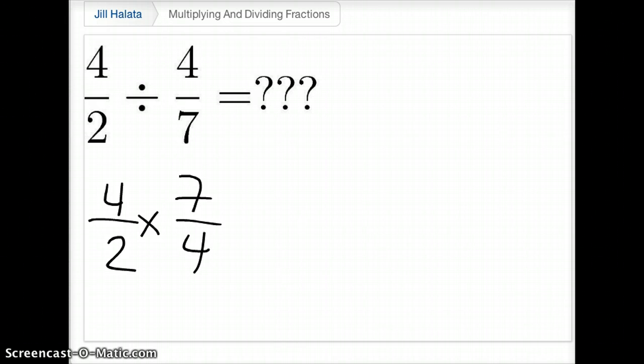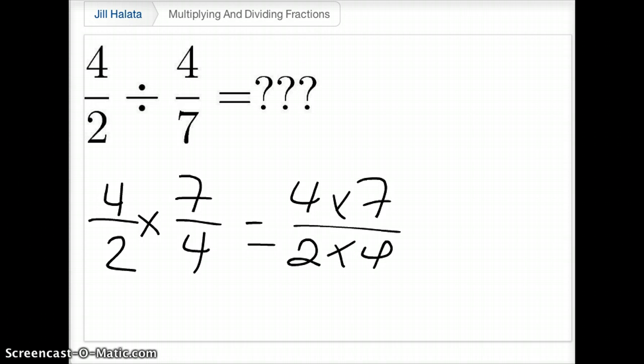You don't touch the first one, it stays the same. So now it's 4 times 7 over 2 times 4. If you watch on this one, you're going to have to simplify at the end, and I can divide them both by 4. If you look at the problem right now, you can see there's a 4 that I'm going to multiply by